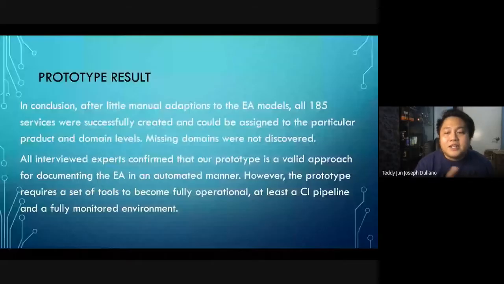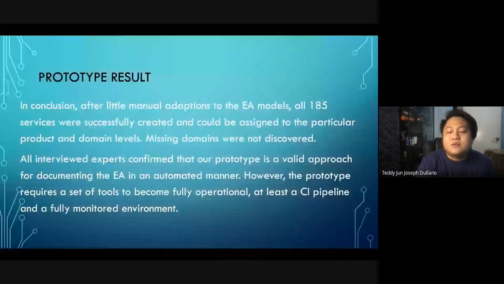And the experts that they worked with confirmed that it's a valid approach for documenting the enterprise architecture of their company in an automated manner. But they mentioned a concern that it actually requires a set of tools to become fully operational. Remember the pipeline that I showed earlier? It has to be fully monitored, and I guess they have to assign a certain team to do that for them. But being able to do that will really help,